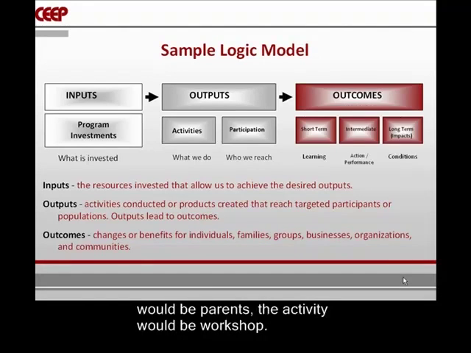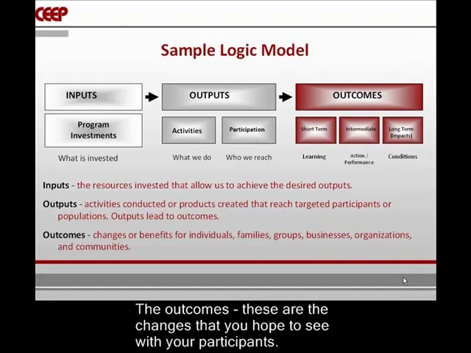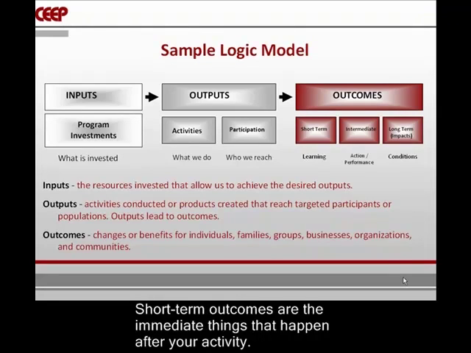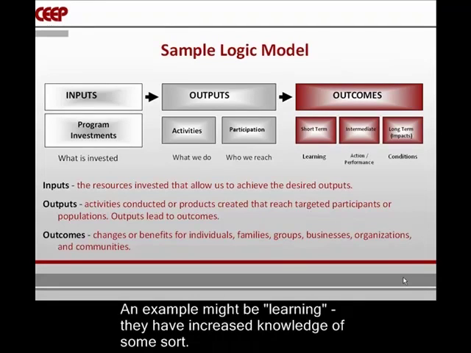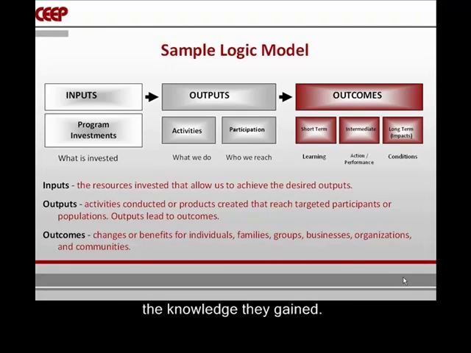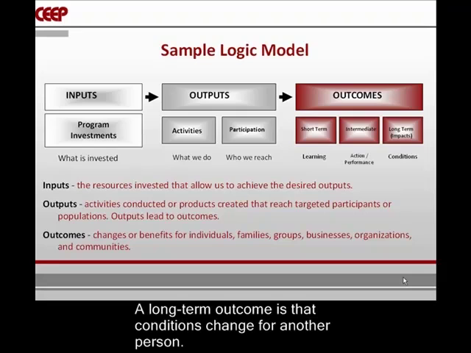Finally, you have your outcomes. These are the changes that you hope to see with your participants. You can have short-term, intermediate, and long-term outcomes. Short-term outcomes are the immediate things that happen after your activities. So an example might be learning. They have increased knowledge of some sort. Intermediate outcome would be that they are changing their behavior, changing their actions based on the knowledge they gained. And long-term is that conditions change for another person. So for example,